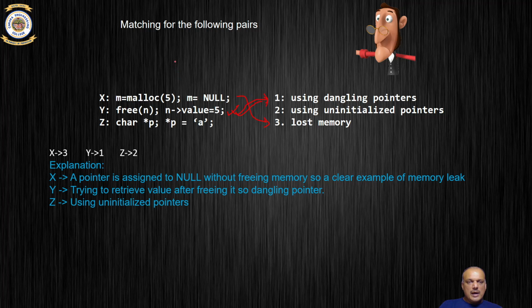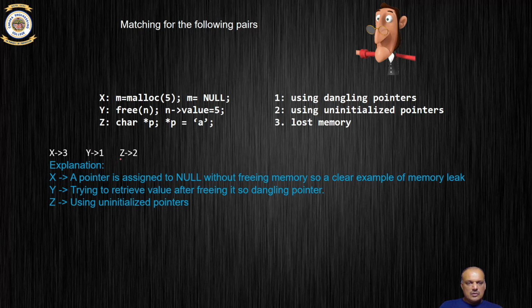So you have a pointer n which points to nothing. Initially n was pointing to some memory space. The moment you say free n, this space gets deallocated or doesn't exist. When n doesn't point to any memory space, or the space is deallocated or doesn't exist, we say n is a dangling pointer. n doesn't point to any valid memory location. So we say n is dangling. This scenario gives rise to the concept of a dangling pointer.